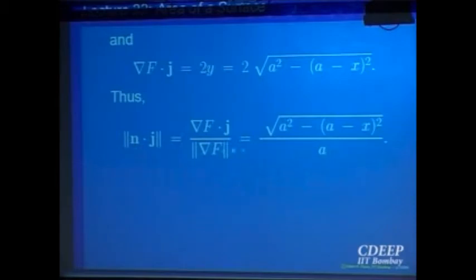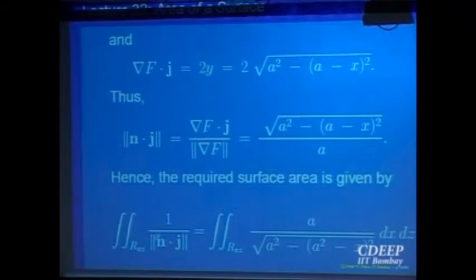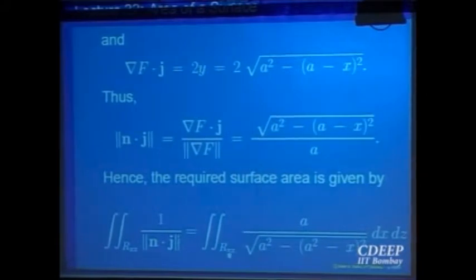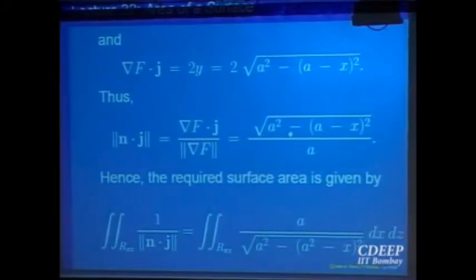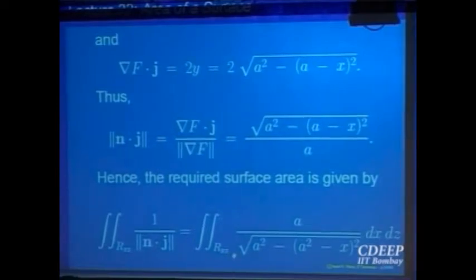So this is n dot j. So what will be our secant gamma? We can compute 1 over n dot j, that is secant gamma, okay. Here dx dz should be there, that is missing, the variables of integration. So put that value, the projection, and this you have already computed. Put that value, and this is a double integral which you can compute.